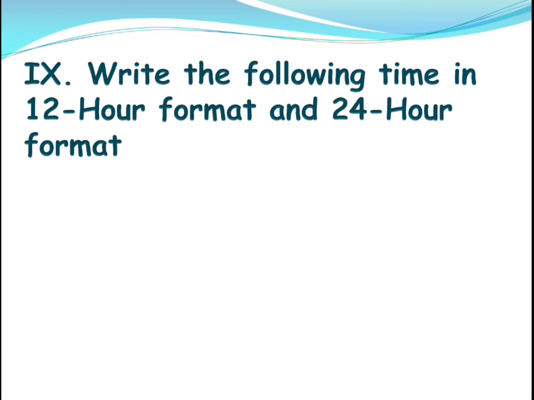Write the following time in 12-hour format and 24-hour format. That means if 12-hour is given, you have to write 24. If 24 is given, you have to write the 12-hour. Okay. So 4 a.m. See, if they are mentioning a.m. or p.m., that means it is 12 hours, isn't it? So this is a 12 hour. So you need to write it in the 24 hour. 4 a.m., in the morning. In the morning, you have the same 24-hour time. It is the same as 12 hour. Isn't it right? So you will just remove a.m. and you will write 4. Okay. Next,